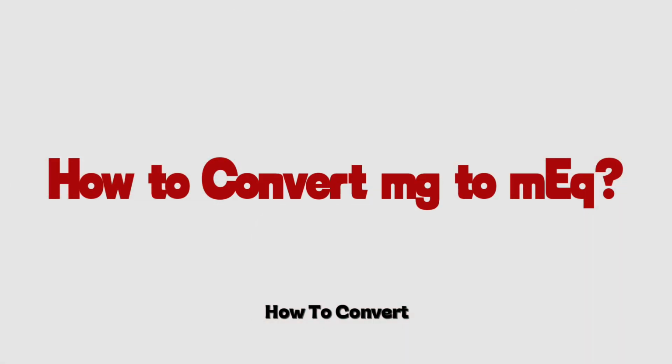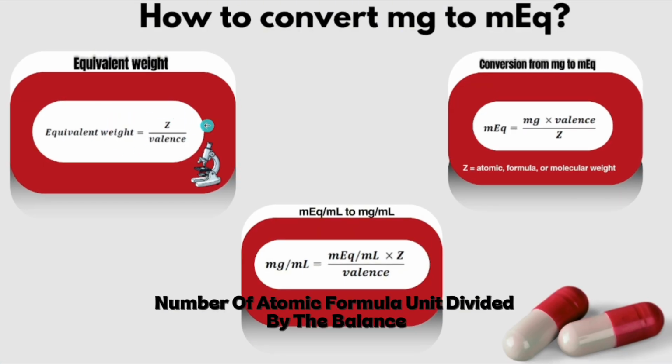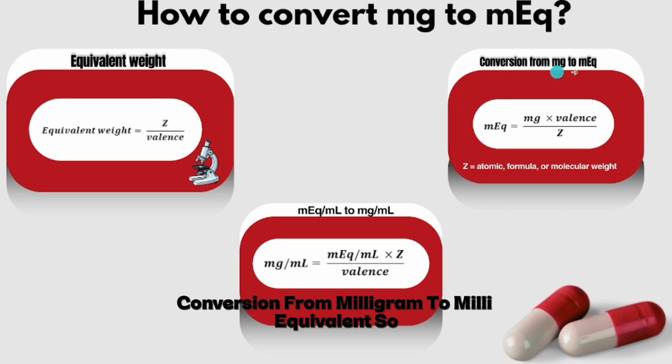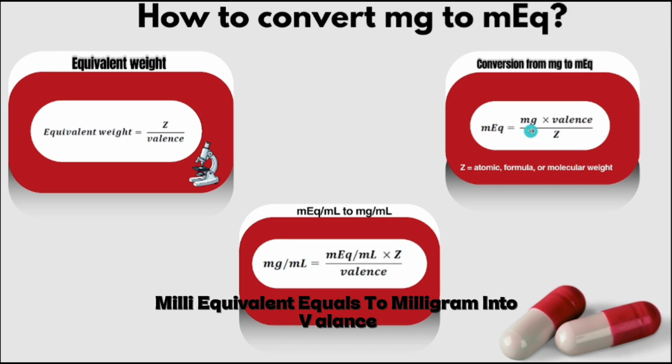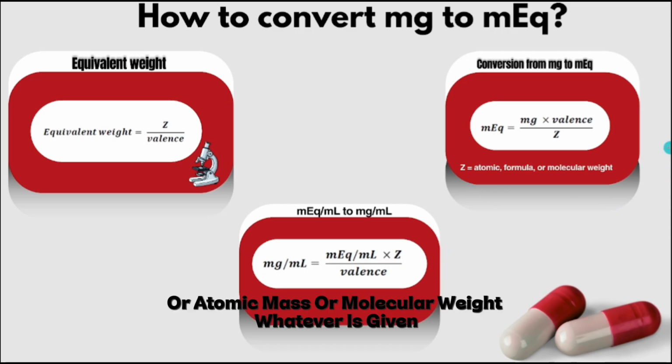How to convert milligram to milliequivalent? First, we should know what equivalent weight is. Equivalent weight is the atomic or formula weight divided by the valence. Conversion from milligram to milliequivalent: milliequivalent equals milligram times valence divided by the formula mass, or atomic mass, or molecular weight, whatever is